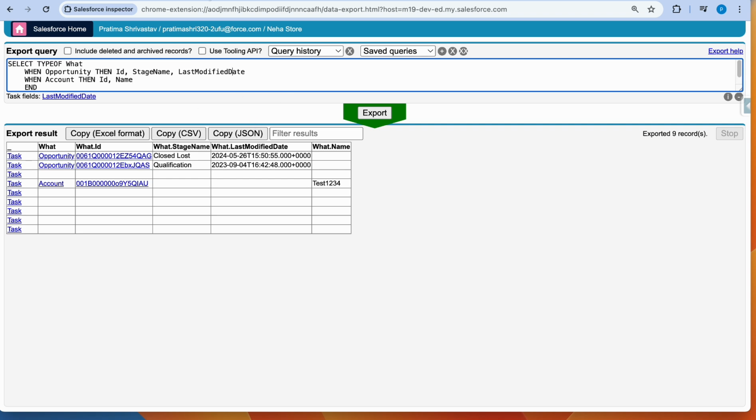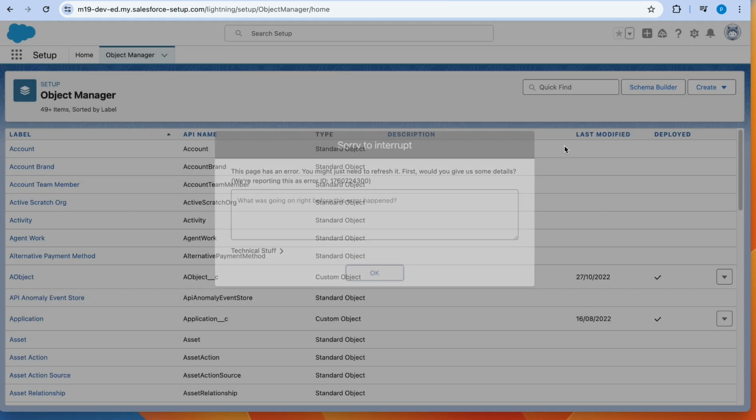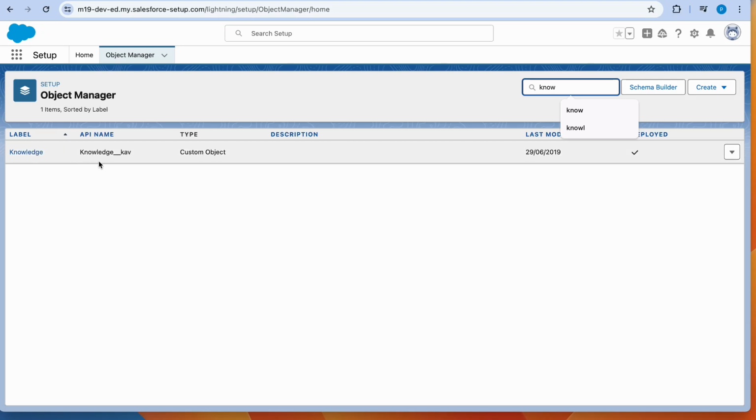Okay, let's move on to the knowledge data category. Before we do that, if you have never worked with them, knowledge articles are similar to other objects, but the complication comes from when you have data categories. First of all, the knowledge API name is Knowledge__kav, and they have data categories, which is basically how you